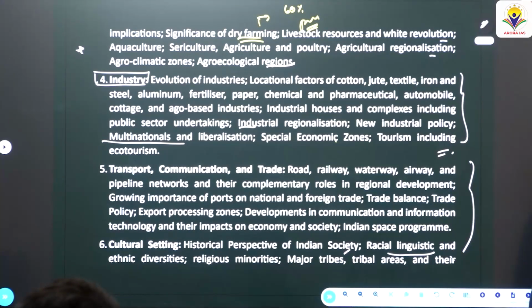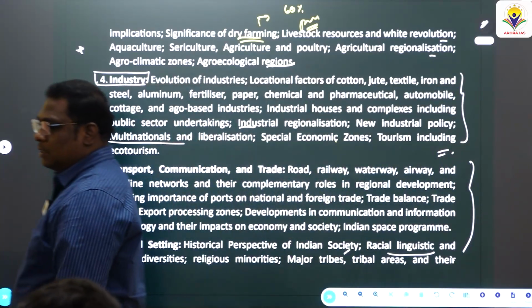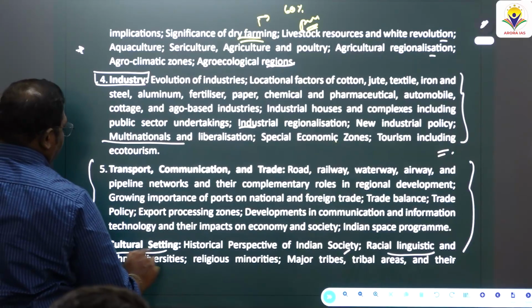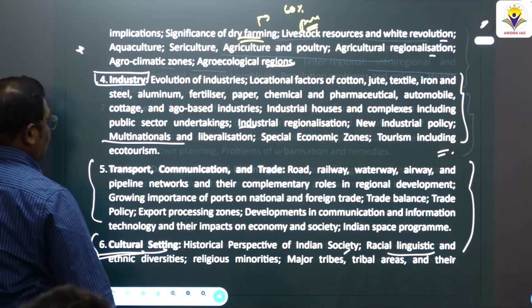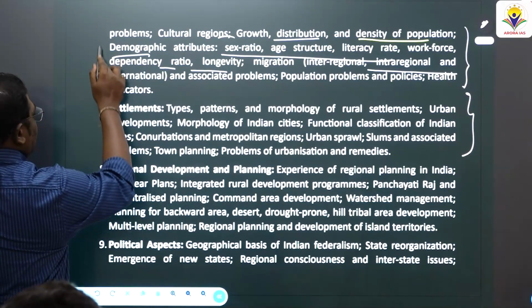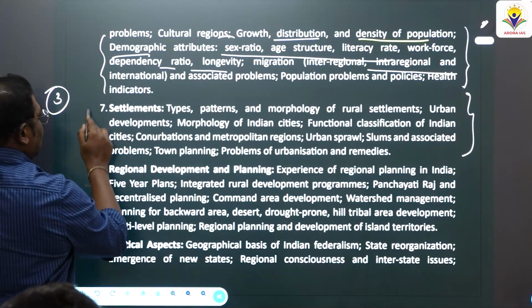Transport and communication. All the modes of transportation: surface transportation, air transportation, water transportation, and the advancements in transportation, like magnetic levitation technology that has recently been coming. So we will see these advancements in technology with respect to transport and communication. Cultural setting, different regionalization, cultural regions of India, and population distribution. So this can be directly attributed to unit 3 of the human geography of the world, and the 7th unit,